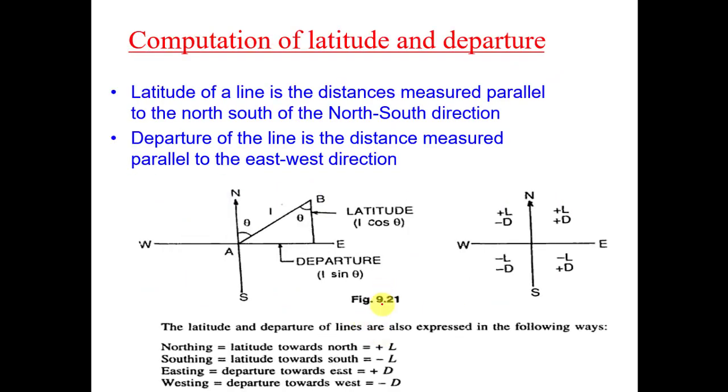Next, we have two different points which is new for you. The first one is your latitude and departure. In simple words, departure is the distance of any line in your west or east direction. So this must be both positive as well as negative. It depends on the